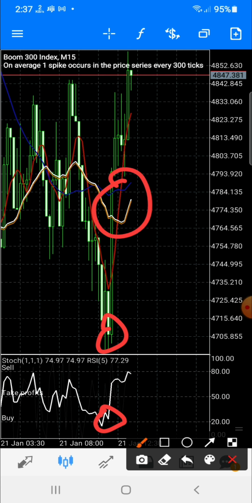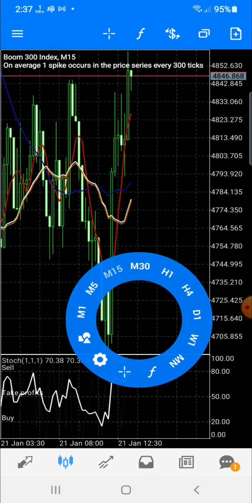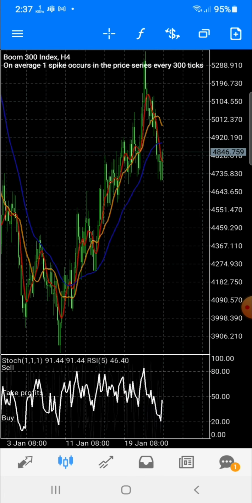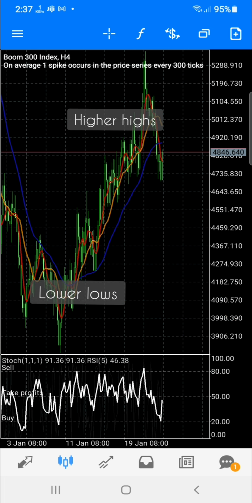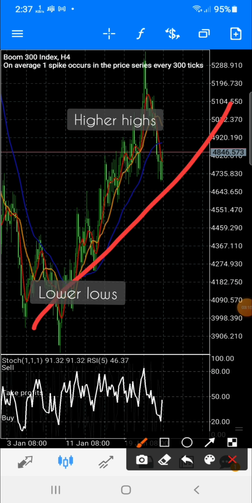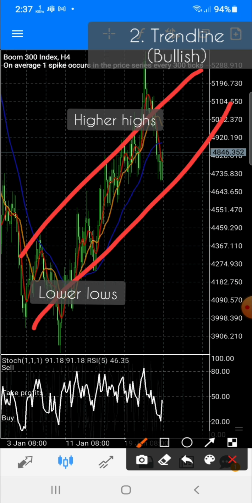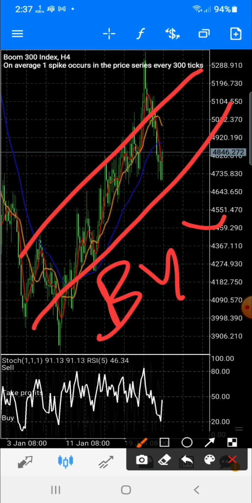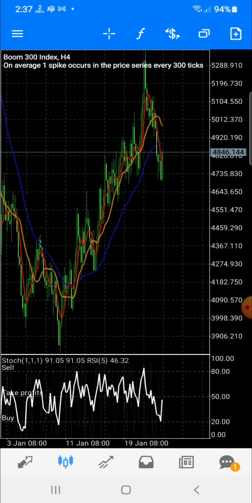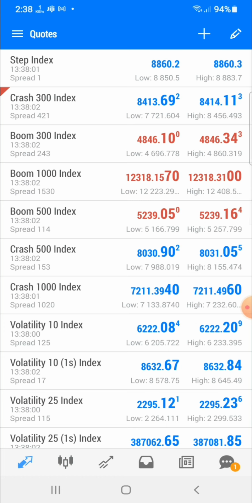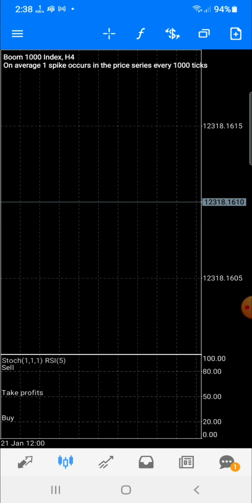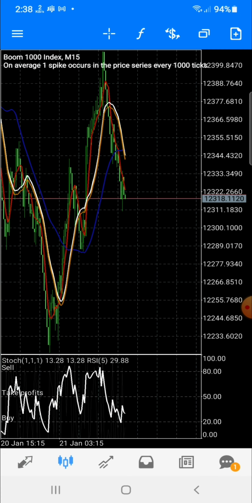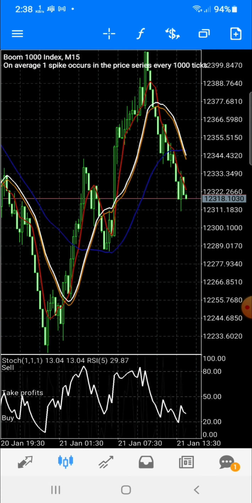And for multiple confirmations, you wait for the envelopes to face the direction of your entry, and also you wait for the moving averages to cross. If it crosses at the higher highs, it's a sell, of course. If it crosses at the lower lows, it's a buy. So those are just multiple confirmations. Majorly, you should go in straight up with the RSI and the stochastic indicator. Whatever it tells you, you go in, and then you can go in again when you get multiple confirmations from the envelopes or the moving averages, because most of the time